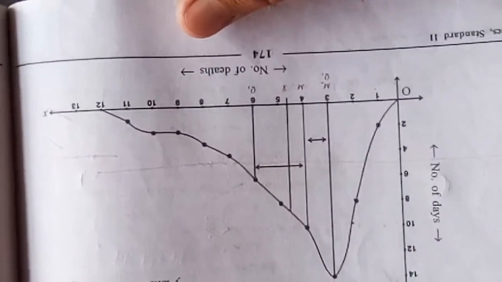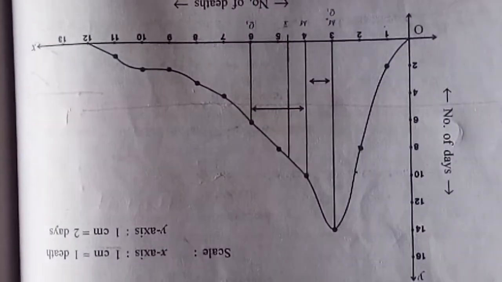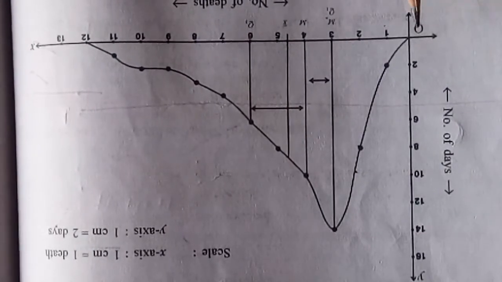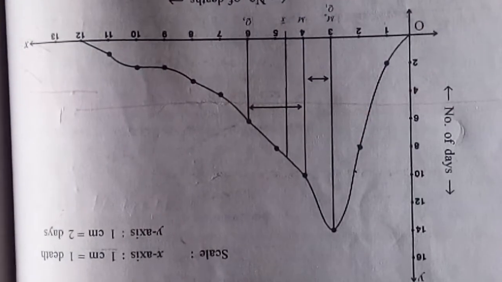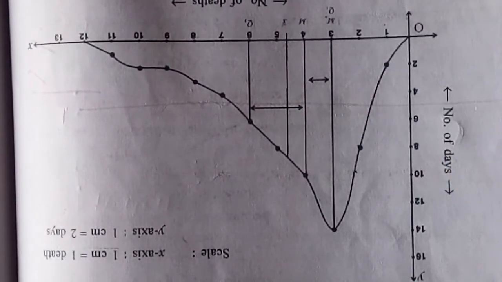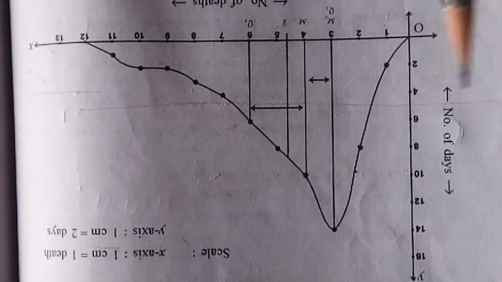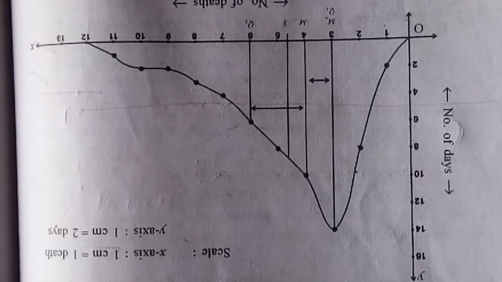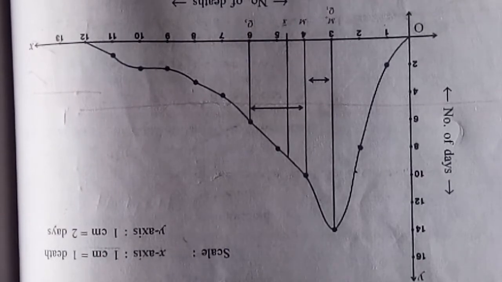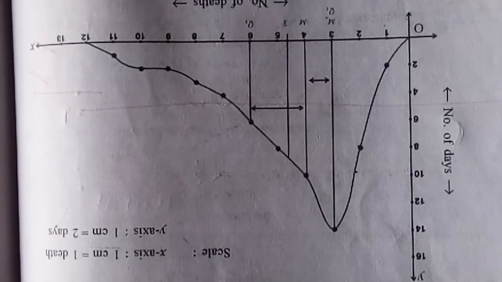If you see, this graph is more elongated on the right side. You can see this graph is more elongated on the right side. The graph you have to draw seeing your frequency distribution, that is number of deaths and number of days. Here nothing else to do. First of all draw the graph. Now if you draw the graph, it is more elongated on the right side, which means this is positive skewness. But let us check it using calculation.